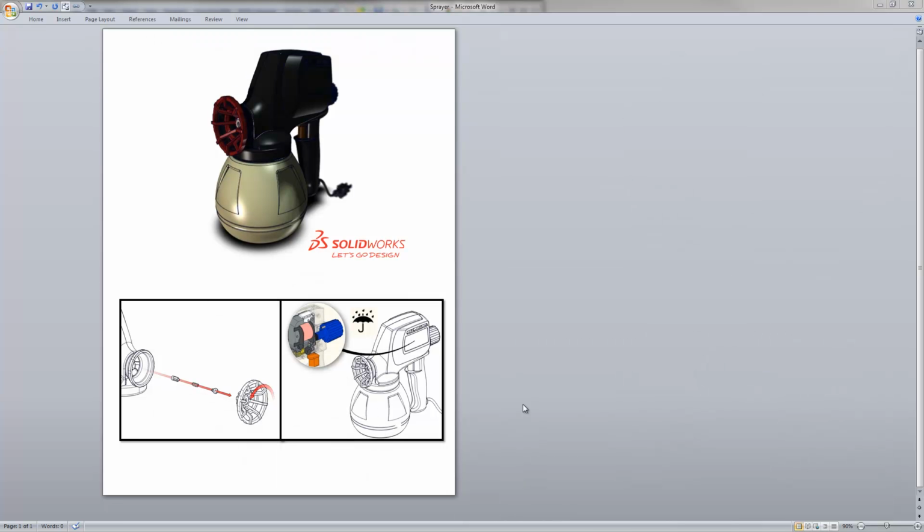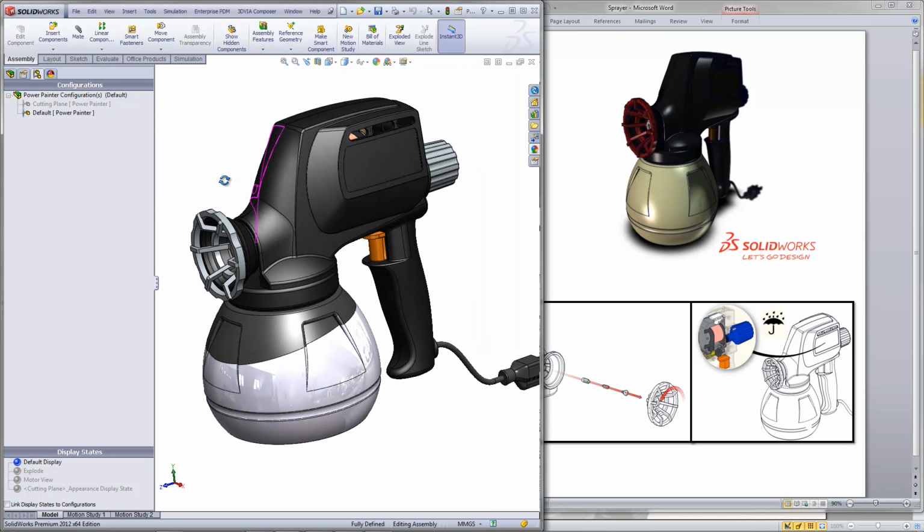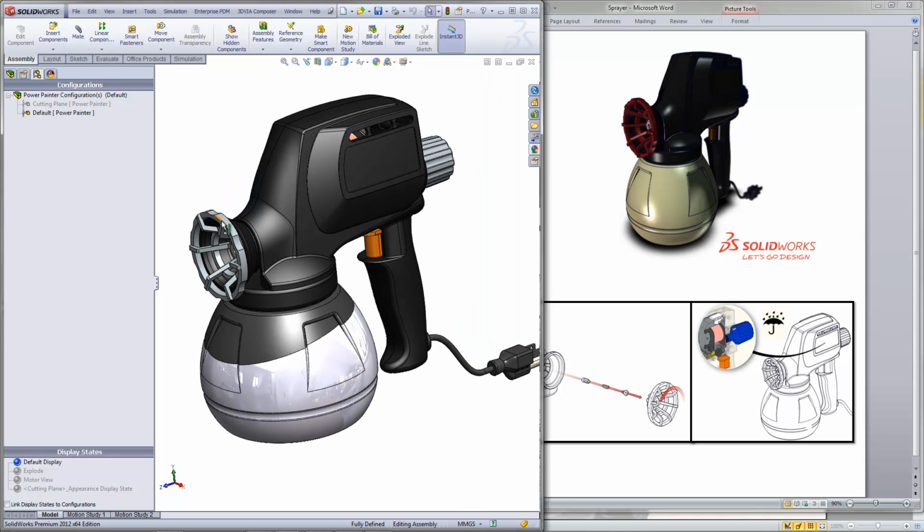So as a final exercise in our comparison of the workflow between SOLIDWORKS and 3D via Composer, let's now imagine a scenario where a design change is brought about. We're now looking at the Word document that was created using the graphics from 3D via Composer. Let's go back to SOLIDWORKS and imagine that a design change has come about such that we've changed the spray tip, changed the container, and due to corporate branding, the color scheme has changed. Remember that in